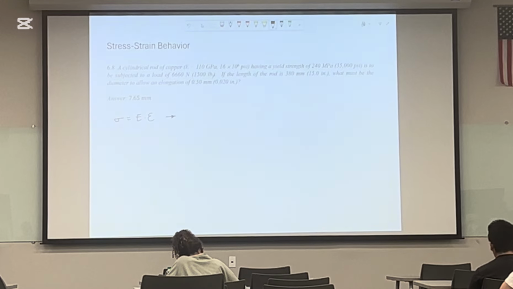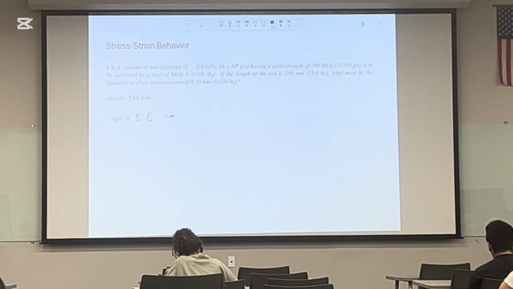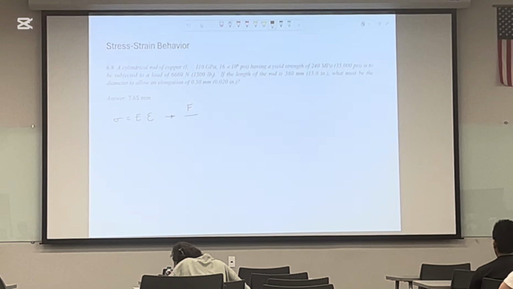So we are asked to find the diameter that satisfies this elongation. So stress we know is equal to force over area. But we are talking about diameters, which means we also have to break down the area to diameter, right? Which is pretty simple since it is cylindrical, so it's just the area of the circle,